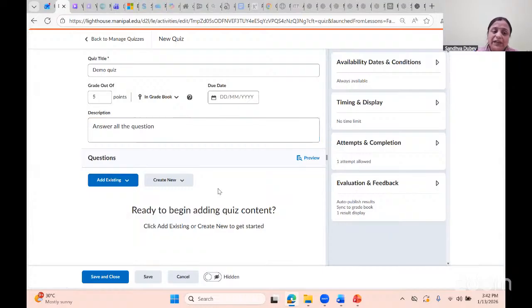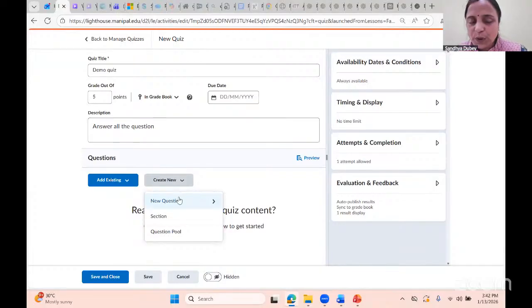If not, I find that difficult, so I go for create new. I'm not adding from the existing, but it's a good option. If you are teaching the same subject for many years, it's better to keep the question paper in the template and upload from there. But what I prefer is the new quiz.